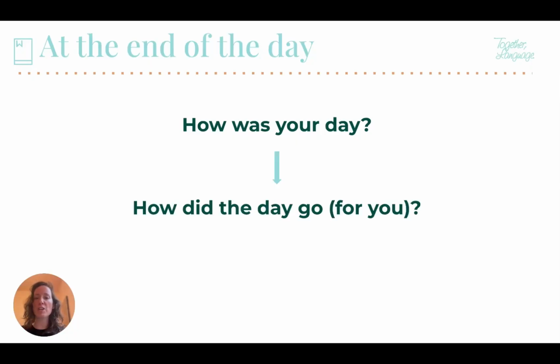And we're going to change the wording to mirror what we are going to say in Spanish before we go to the Spanish. So in English, we would say, how was your day? In Spanish, we would say, how did your day go for you? So we're going to start with the word how, which is simply cómo. And then let's look at the day. That would be el día. So far we have cómo at the beginning and el día at the end.